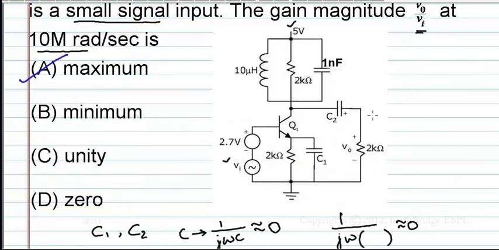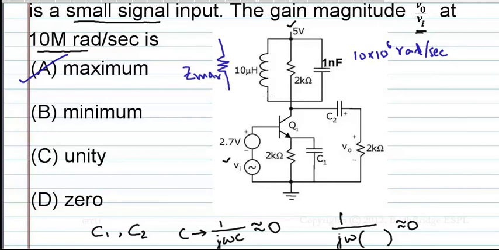Or very simply, we can solve it in this way. Find the resonance frequency. It comes out to be 10 into 10 power 6 radian per second. And he gave that this circuit works at 10 megaradian per second. Therefore, the resonance frequency of this parallel RLC circuit and the given frequency match. Therefore, this is the resonant condition. Therefore, this is Z maximum, whatever it be, Z maximum.